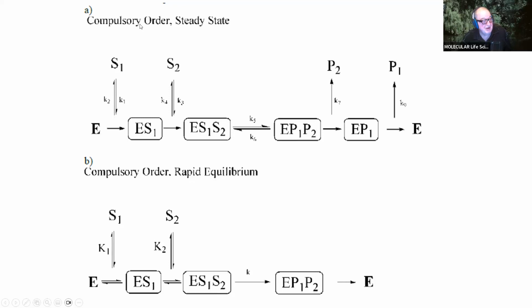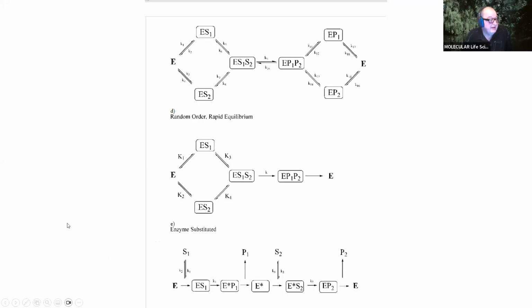So, if you just say it's compulsory order, but you don't say whether it's steady state or rapid equilibrium, you're really not talking about a kinetic mechanism. You're talking about the order of addition of substrates, which isn't the kinetic mechanism. It's part of it. So we talk a little bit about steady state and rapid equilibrium assumptions usually at this point. And then you can have random order where either S1 or S2 binds. And again, it can be random order in a rapid equilibrium between complexes, or it can be